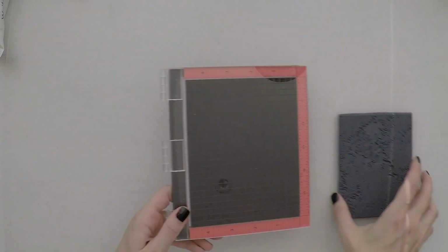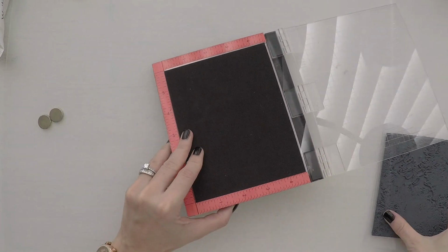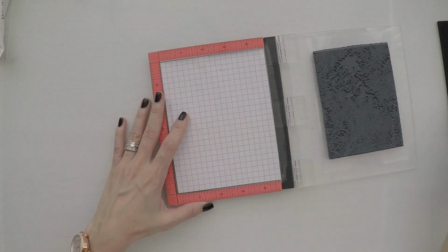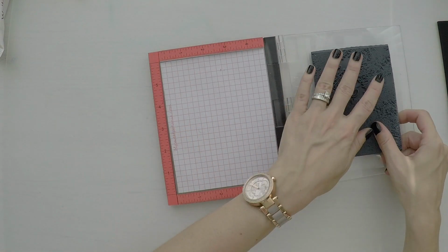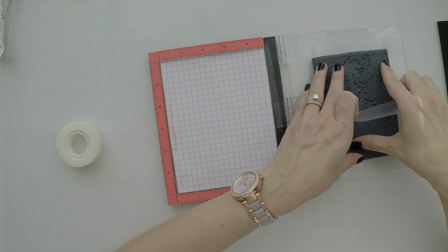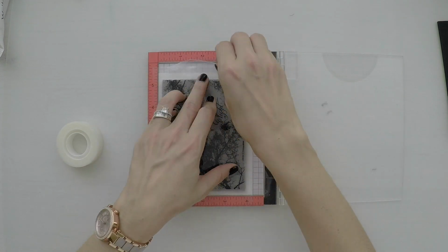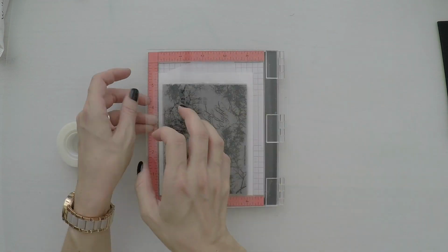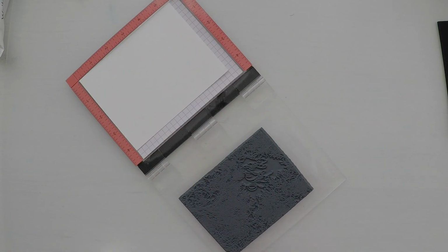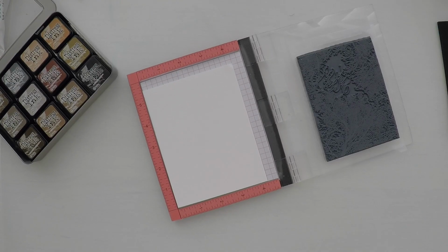And I want to do some layered stamping using different colors with my Misty tool. However, this stamp set had this transparent cover that doesn't stick to the Misty. But no worries, I will find a way to stick it to the window and do my stamping like that. I'm just placing the stamp on the cardstock, deciding how I want to stamp it, and then I stick it to the window. To do the stamping, you will see I will use my distress inks in various colors,